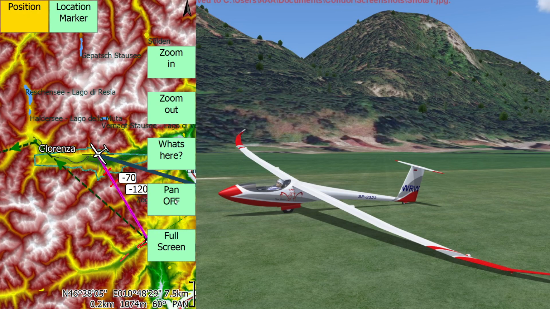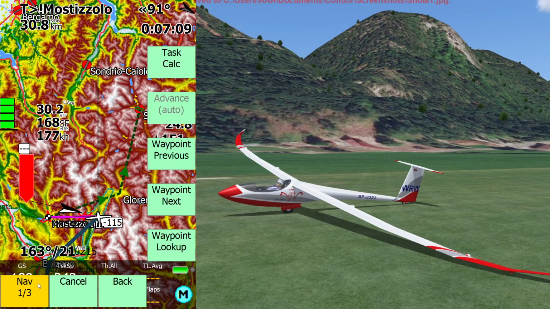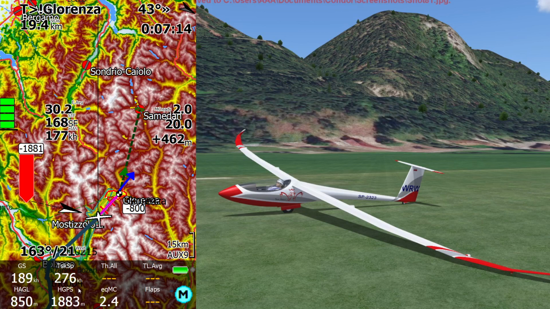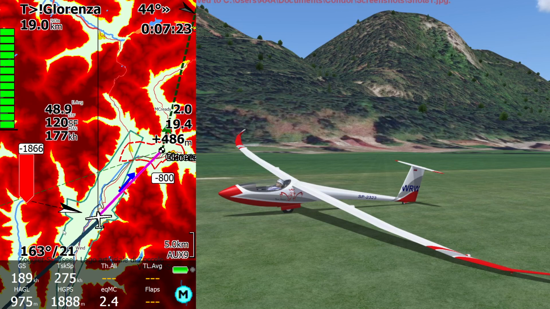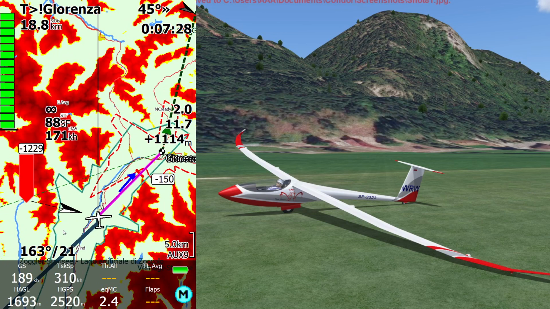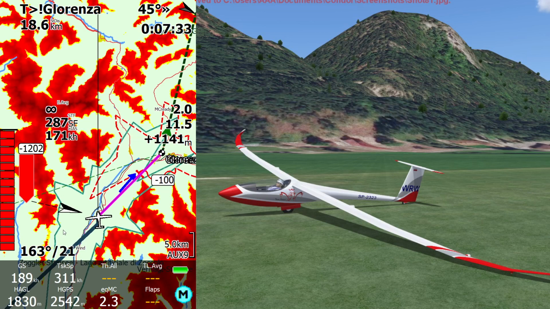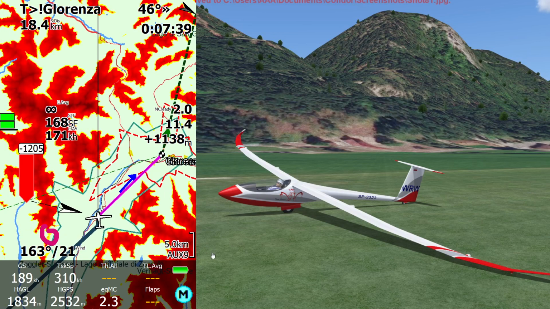So let's say that we are now in this particular position over here. And let's say we are currently flying to the next turn point, this one over here, right? Now let me just have a look, assuming that we've just made this pass, we must have been much higher. I think I was probably about that high, probably like 2,500 meters, because I was able to make a pass over here. So, being at 2,500 meters now,